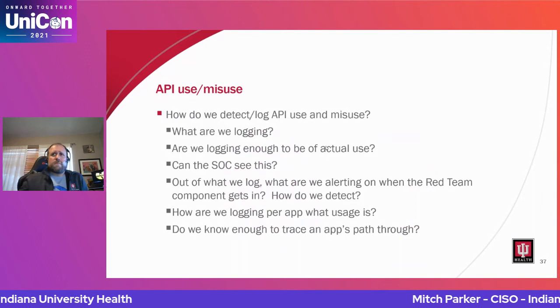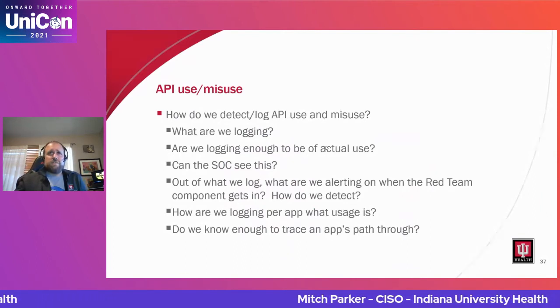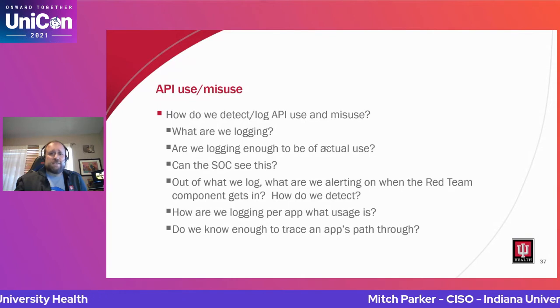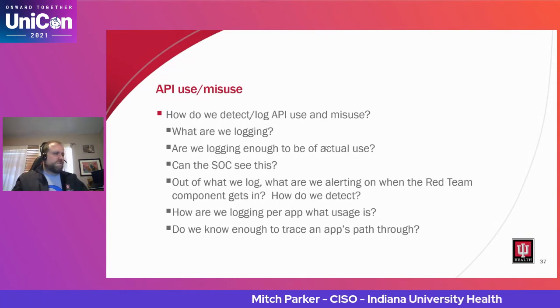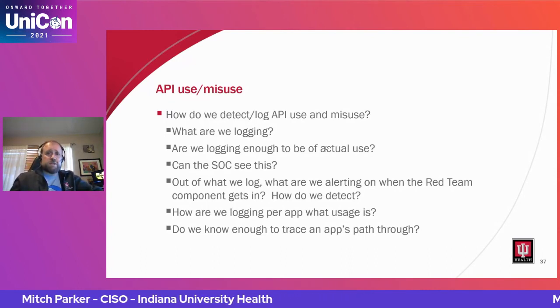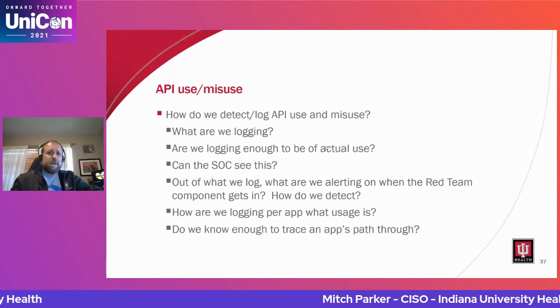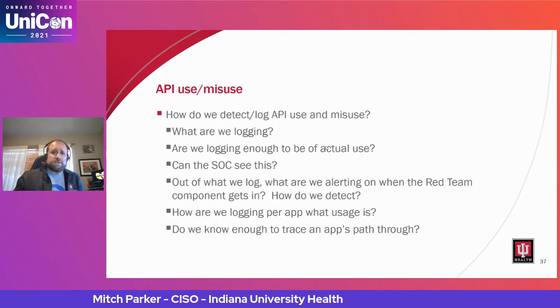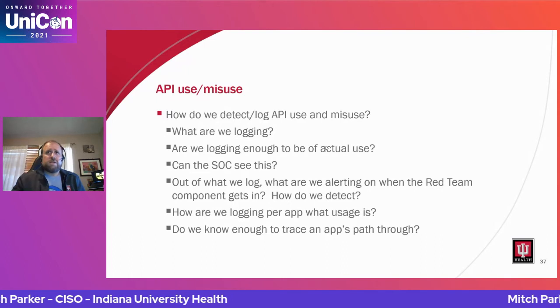So also, when you have this automation, you also have to have an automated way of detecting use and misuse. And ask yourself the question from the blue team, what are you logging? Are you logging enough that it can be actually useful? A lot of times, and I'll be very blunt about this, you're not. And 20 years of sitting with customers and explaining to them what they actually need to log to be useful has been a major part of it. And I've actually been having these discussions with my vendors continually. And the reason why is because